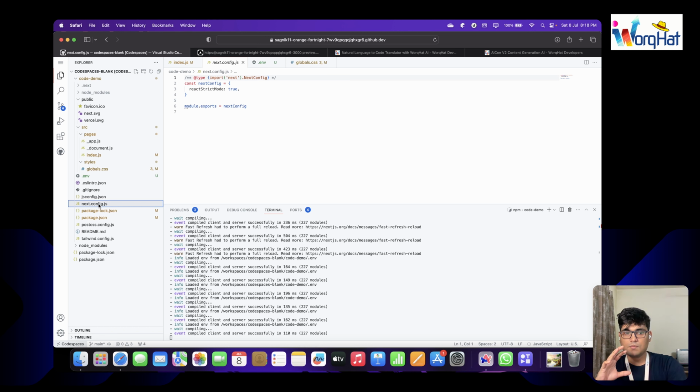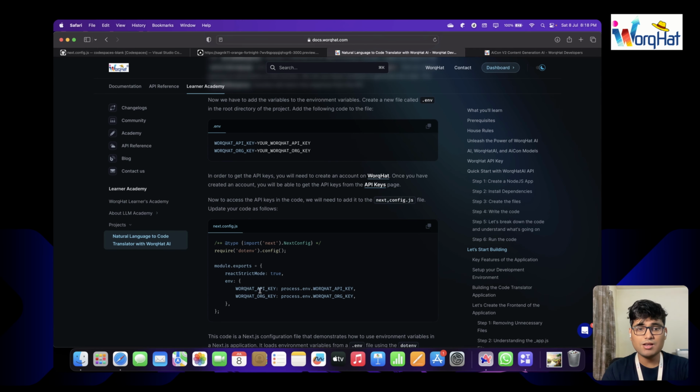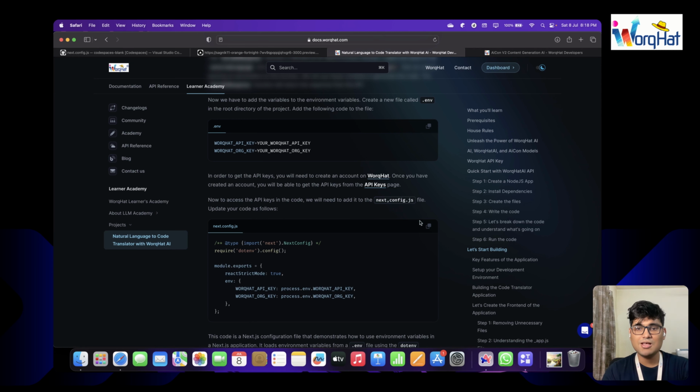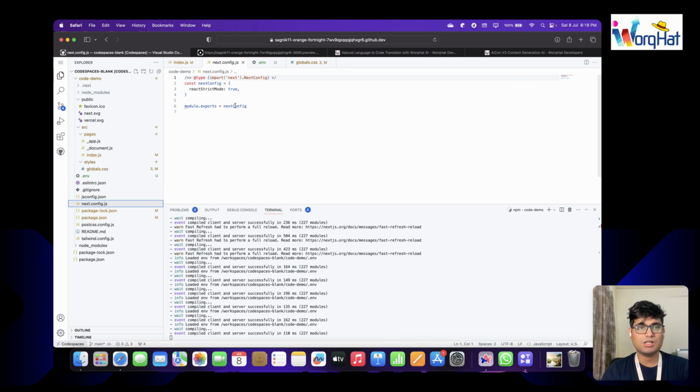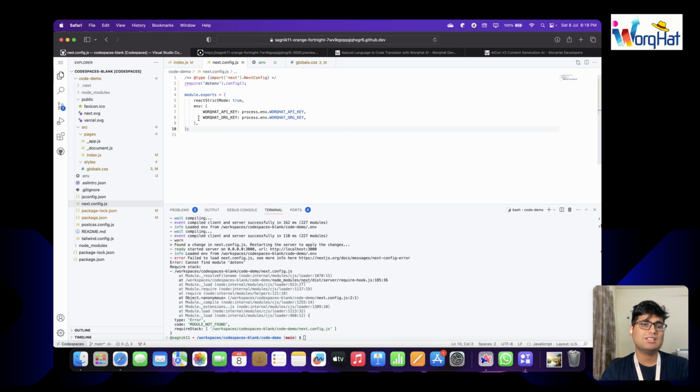But to be on the safer side, we prefer that you put it in a process.env file. But even if you don't put it in a process.env file, rest assured that your API keys are safe, and I'll show you how once we add this process.env file to it. Now I'll have to add my env file to the next.config.js. So I'll just copy this and put it in next.config.js, Ctrl+A, Ctrl+V. So I've just added the env files over here,